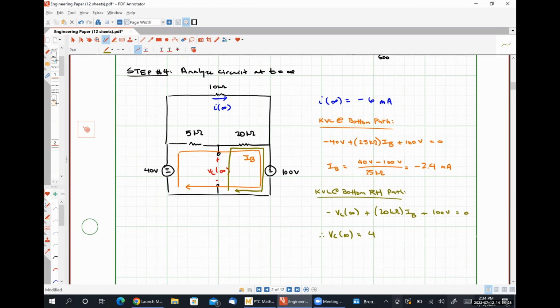Let me make sure I'm doing my algebra correctly here. So when I move VC at infinity over, .52 volts. All right, so